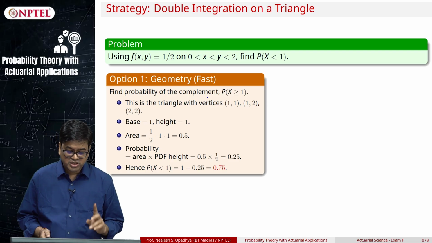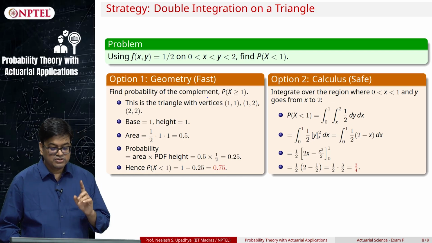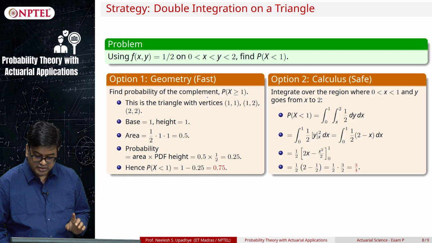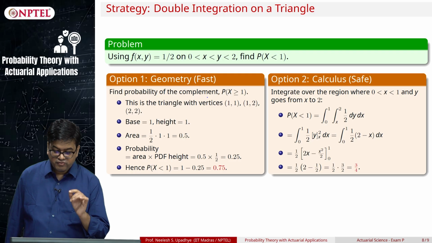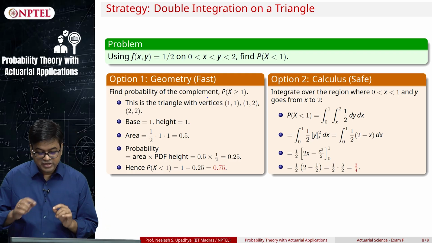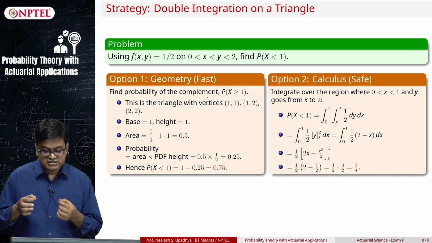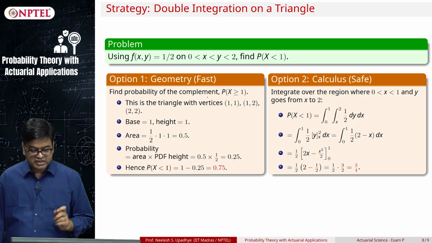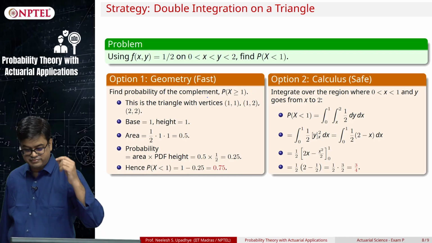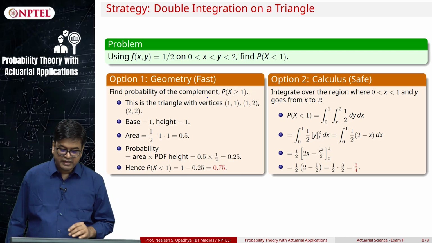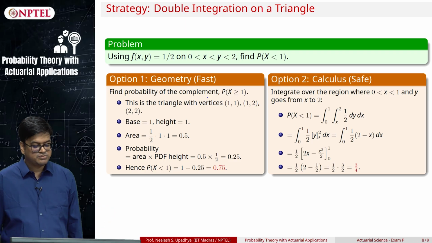Okay. So, this can be an intuitive method when your C is a constant. However, the robust method, the method which is safe, is the calculus method. You want x to be less than 1, correct. So, you put the limit of x to be less than 1 and y greater than x. So, you have to evaluate y trapped between x and 2. Y is integrated from x to 2. So, that is the idea, and then it is just a matter of integration. You evaluate this integral, you get the answer to be 3 by 4.